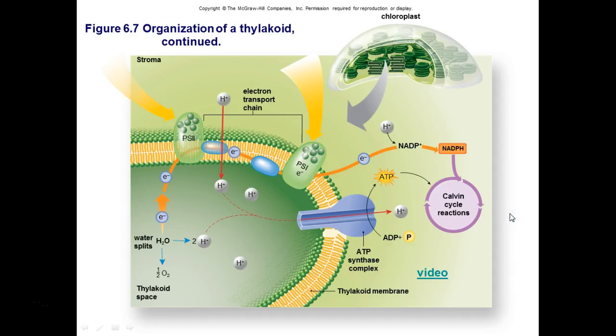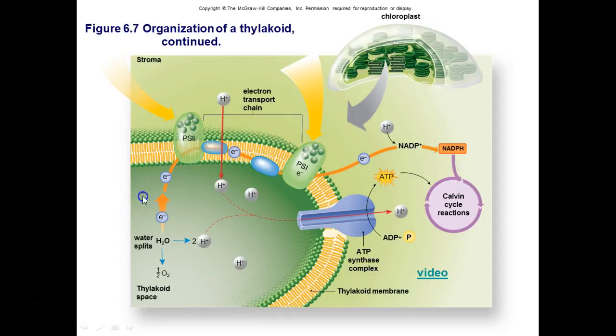Okay, so here we can see the entire thylakoid membrane. Remember, there's that thylakoid space, and outside of that is the stroma. So we're looking at the chloroplast. Here's the membrane, and the membrane consists of the photosystems. Photosystem II is going to work first, then photosystem I. In between, there is an electron transport chain, and in the electron transport chain, we're going to see pumping of